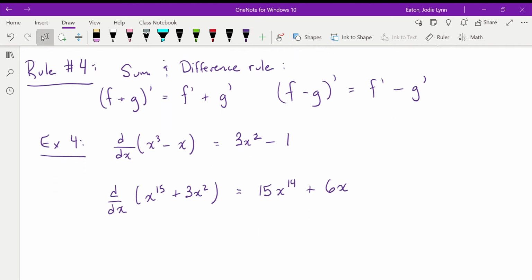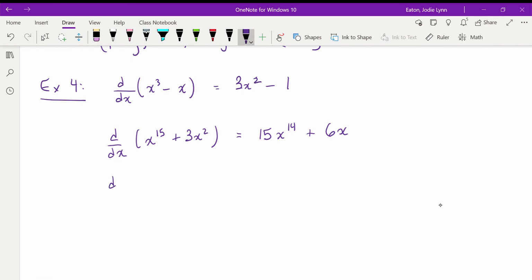We can also take the derivative of more complicated things that are being summed, because we remember that anything that's a reciprocal of a power or a radical can in fact be written as just a power. So if we have, let's say, the cube root of x minus 1 over the 6th root of x,